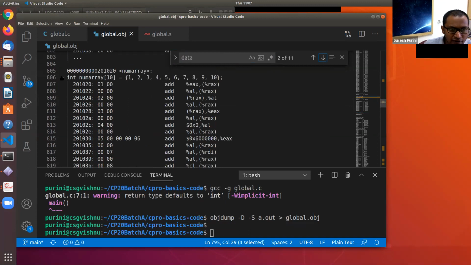This is the virtual memory map for the process associated with a.out. And you can see in the data section, num array is allocated memory here, 1, 2, 3, 4. If I am right, yeah, it is allocated 4 bytes. So ignore this column, just focus on this. Each element is allocated 4 bytes in the data section.